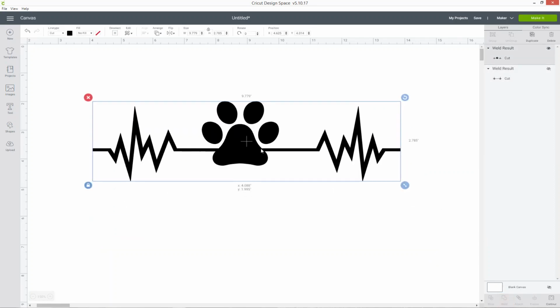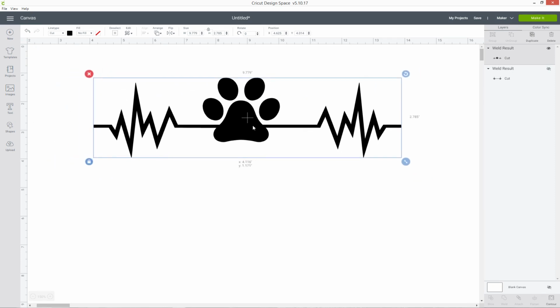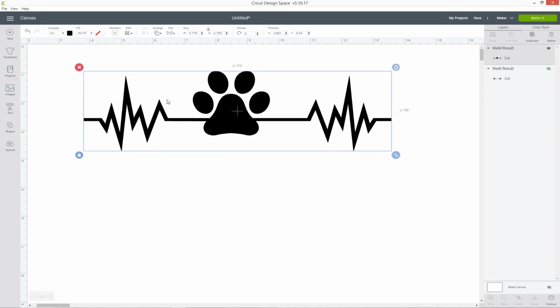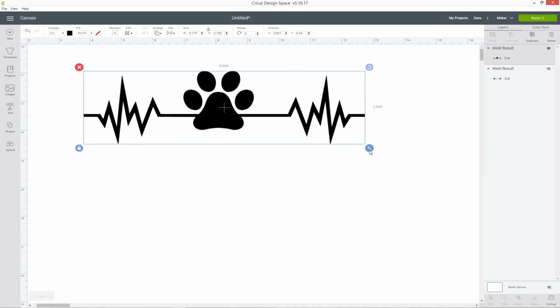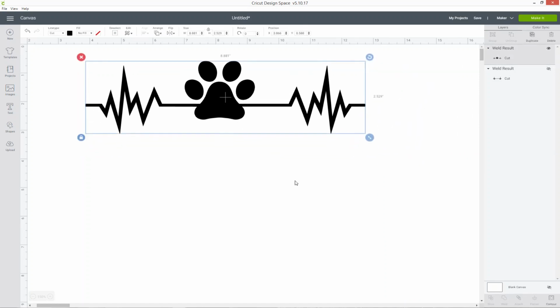And that's now all one piece, so when you cut it with your Cricut, it's going to cut it out as one continuous piece all the way along, which is what we want. Okay, so that is the most simple version of our heartbeat done, and that's with using a solid silhouette image